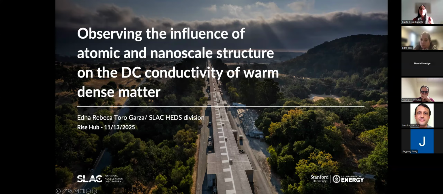Today, our speaker is Rebecca from SLAC. She is a senior graduate student who will be defending her thesis in a few months. And today, she's going to be presenting on observing the influence of atomic and nanoscale structure on the DC conductivity